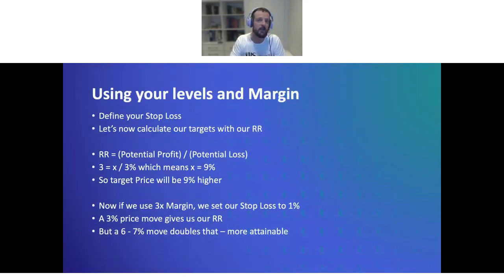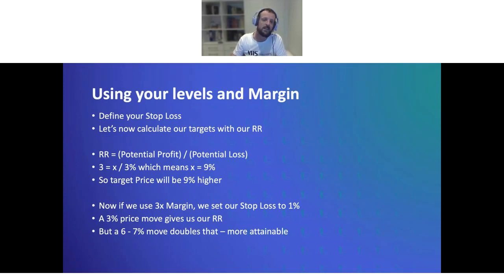And then what's even better about that is you can compound that, because with margin, you don't necessarily use your full portfolio as margin. There could be a component or a portion of that. So if we wanted to use the 3x margin, you would say that a 3% price move gives us our RRR. And if we looked at that structure on the chart, where we saw easily a 6 or 7% move from the breakdown it was making, from the structure it was forming, that looked possible, then we could be quite assured that a 6 or 7% move would actually be double our RRR. And in fact, then we're exceeding what our risk to reward ratio would be. And that's really a space that you want to be in. That's where you start to maximize your gains.